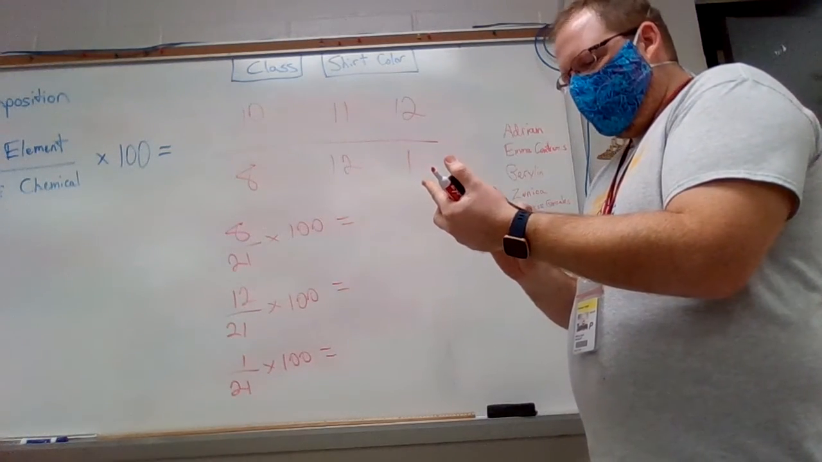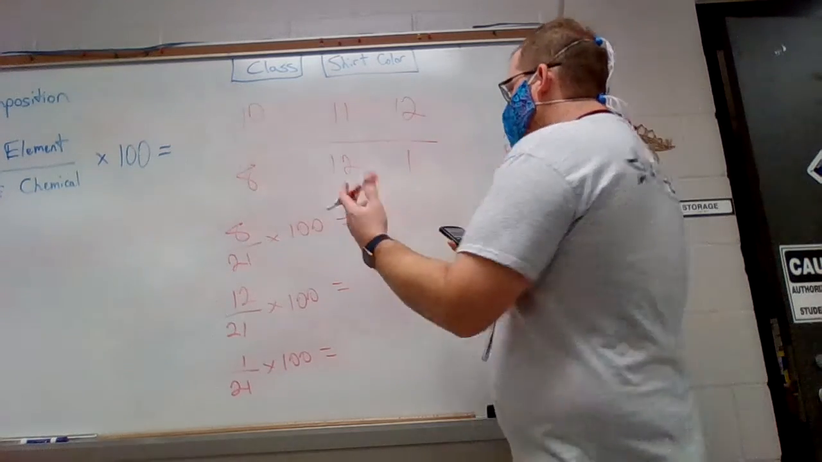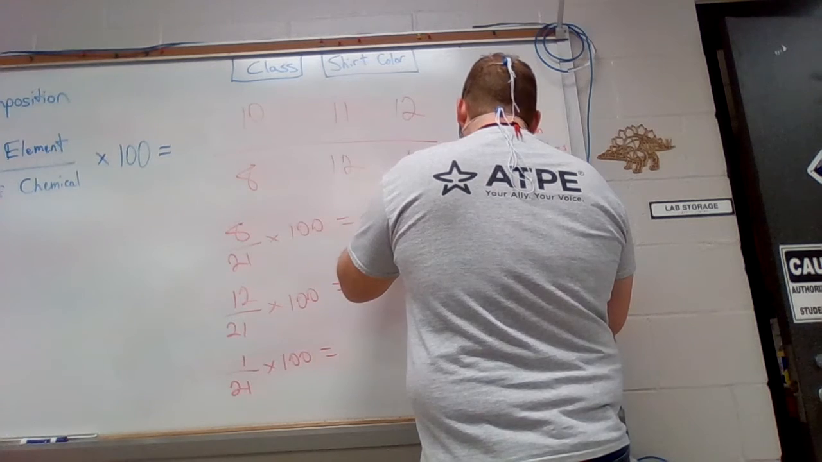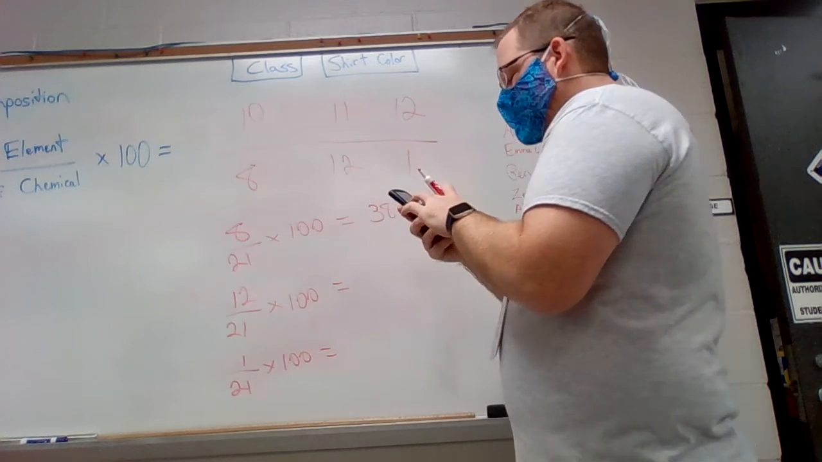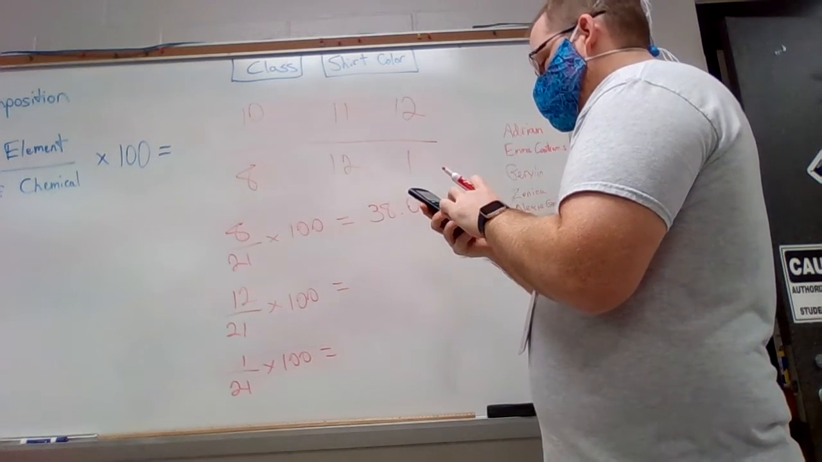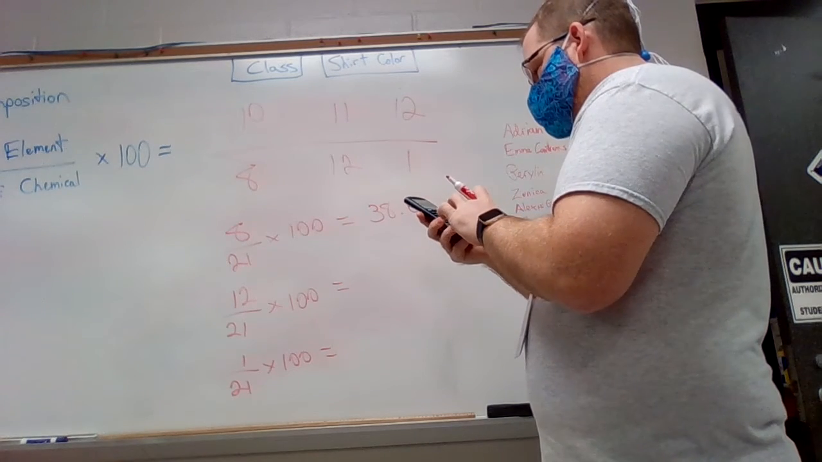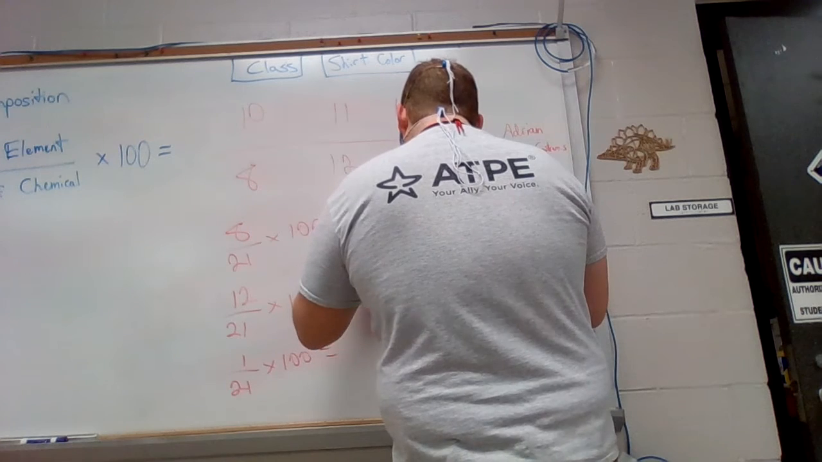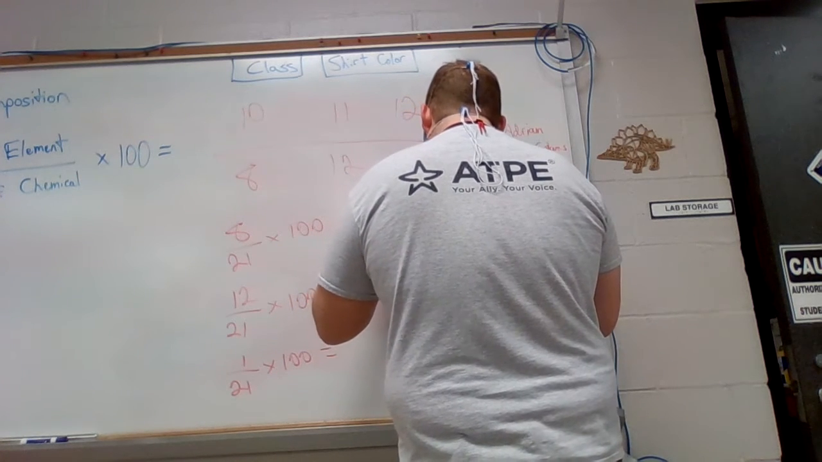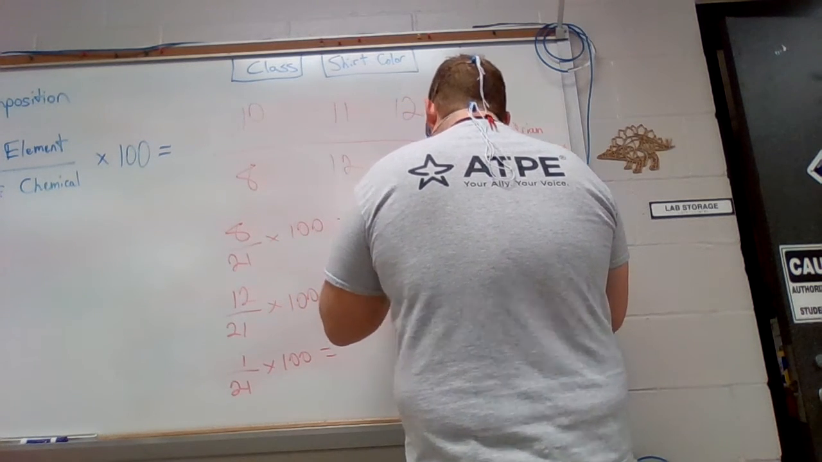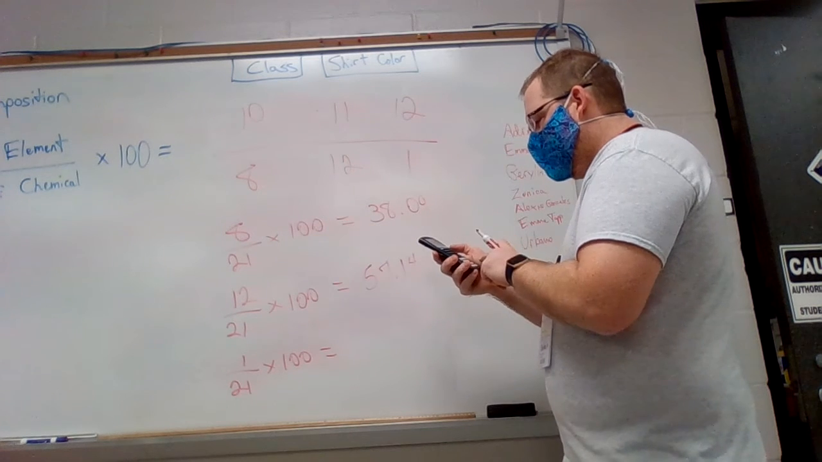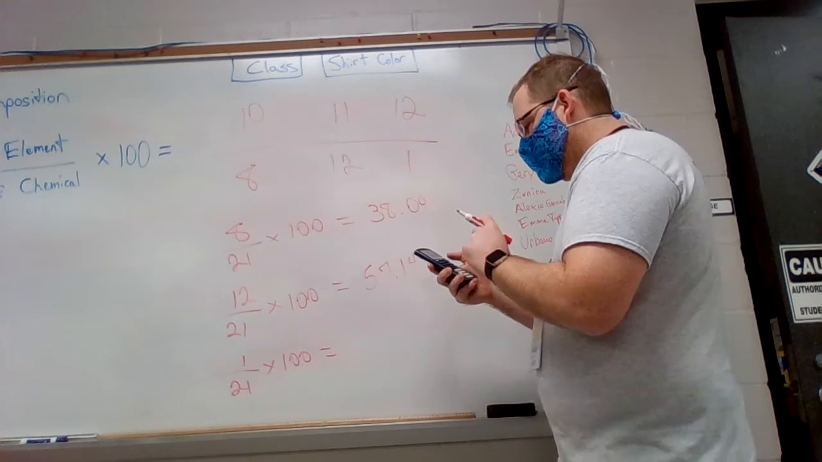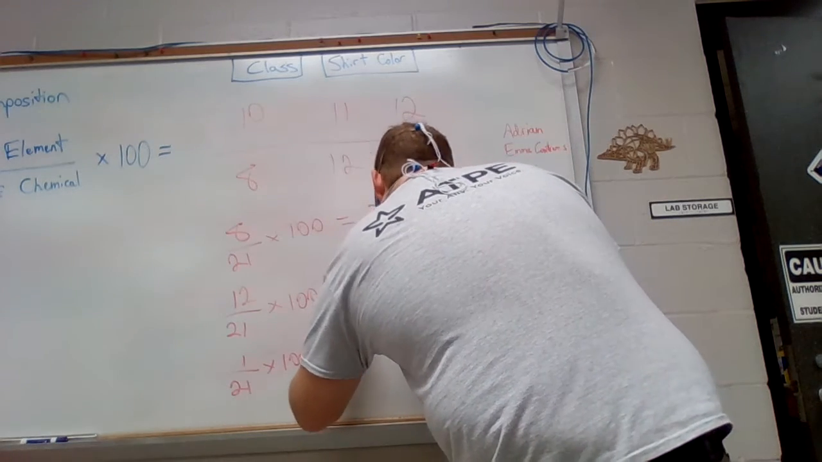8 divided by 21 times 100 is 38.09. We'll leave it there. Sometimes your rounding will be a little bit off, but it's not too bad. 12 over 21 is 57.14. You multiply by 100 there. And then what's the last one? 1 over 21 is